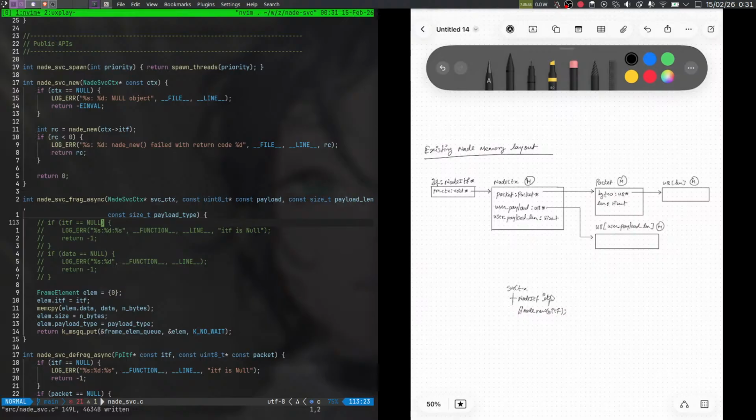So each service context would look like this. So for deferred or async code, at least I need a queue, right? And inside that queue,